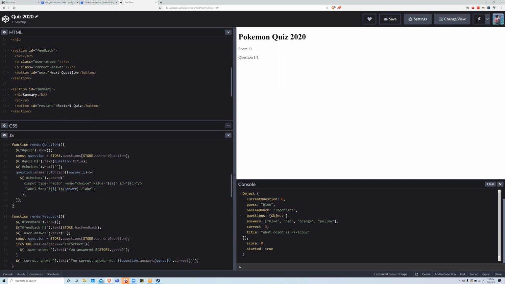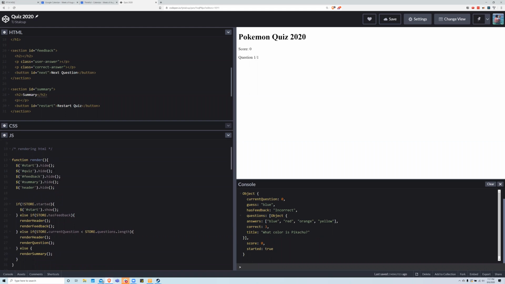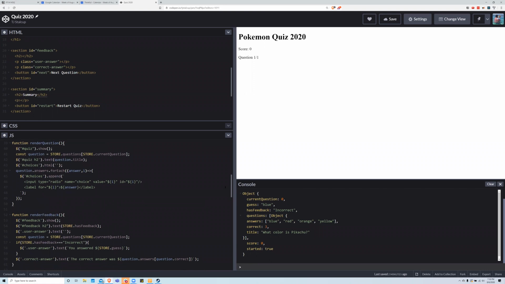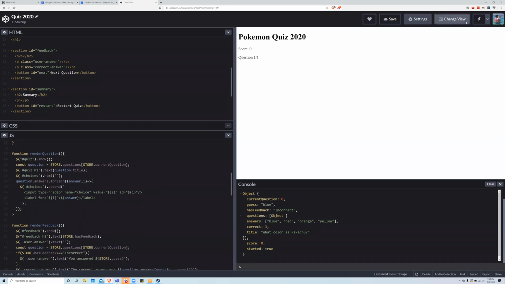So if we just look at the logic of our render, we are hiding start, we're hiding quiz, we're hiding feedback, we're hiding summary, we're hiding the header. Is the store not started? No. Does the store have feedback? Yes. So we should render header, then render feedback. What the heck? Okay, well,